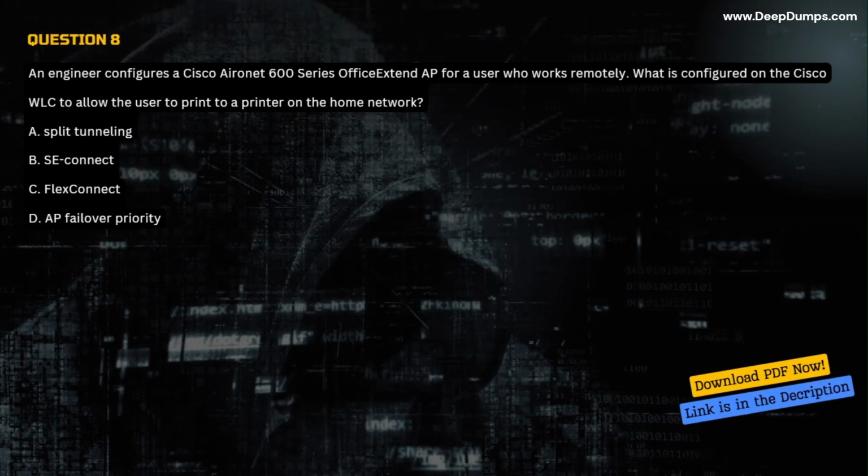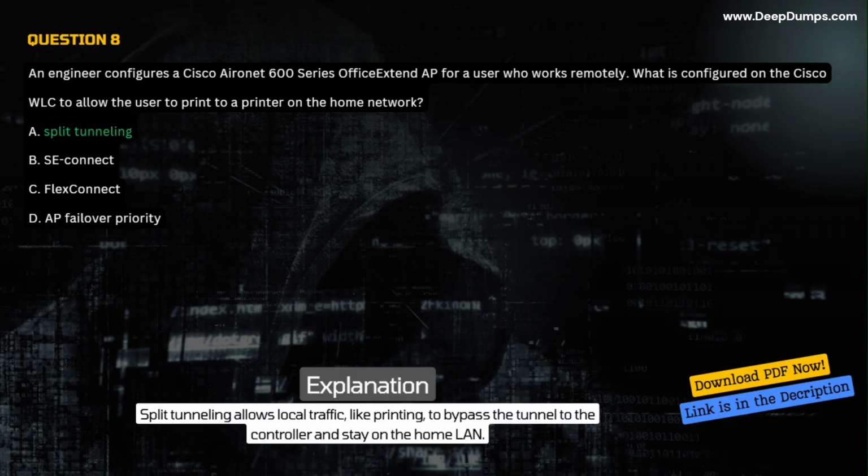Question 8. An engineer configures a Cisco AeroNet 600 series Office Extend AP for a user who works remotely. What is configured on the Cisco WLC to allow the user to print to a printer on the home network? A. Split tunneling. B. SE Connect. C. Flex Connect. D. AP failover priority. Correct answer A. Split tunneling. Explanation. Split tunneling allows local traffic, like printing, to bypass the tunnel to the controller and stay on the home